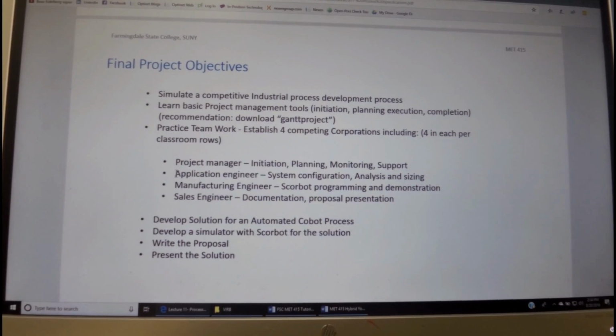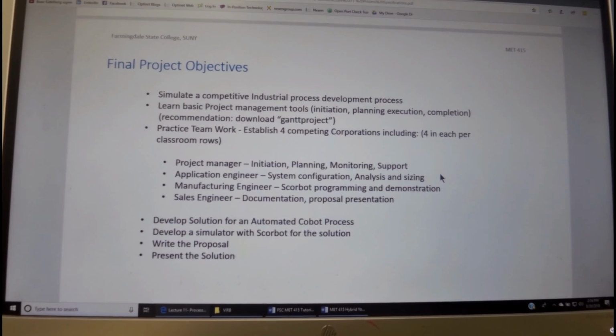We'll have an application engineer, which will do the system configuration, analysis, and sizing. A manufacturing engineer, which will operate the scorebot, do the programming, and present the demonstration. And a sales engineer, which will do the documentation and the proposal presentation.